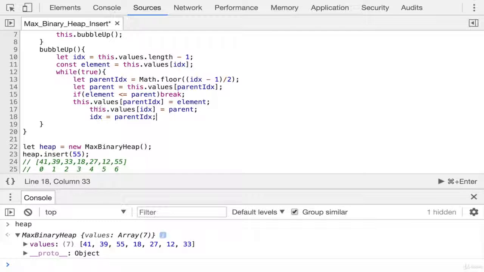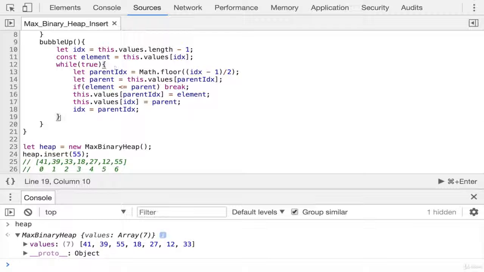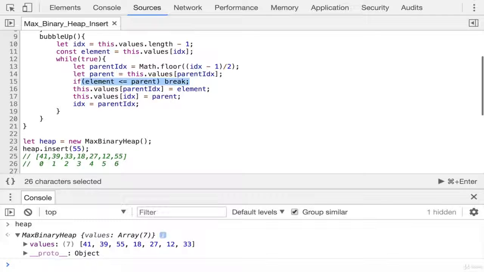And then otherwise do this. So it's just a slightly shorter way of saying that. So while true, forever, find the parent index, find the parent, the value there. If the element is less than or equal to the parent, break, we're done. For example, if we inserted 11, we compare 11 to its parent 33, we don't swap,